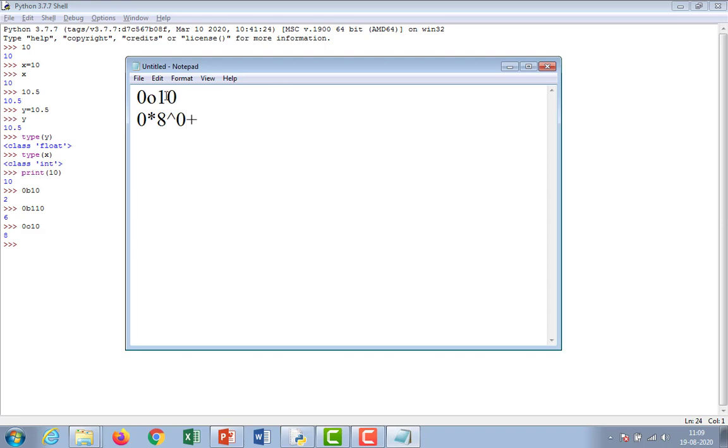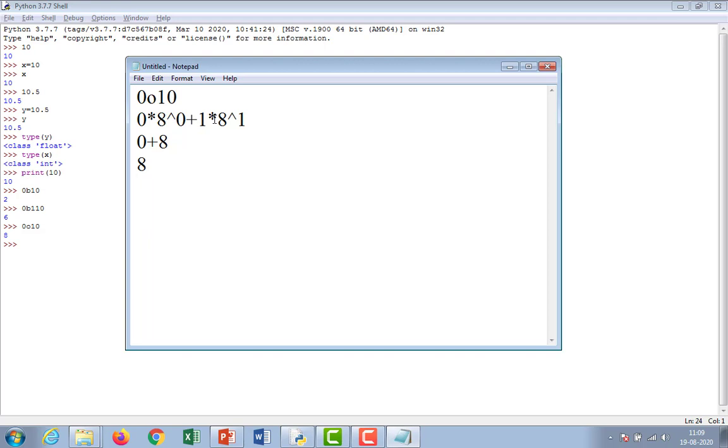Next 1 into 8 power 0 is over. After 8 power 0, 8 power 1. That means the output becomes 0 into anything is 0, plus 1 into 8 power 1. 8 power 1 means 8. 0 plus 8. The output becomes 8.